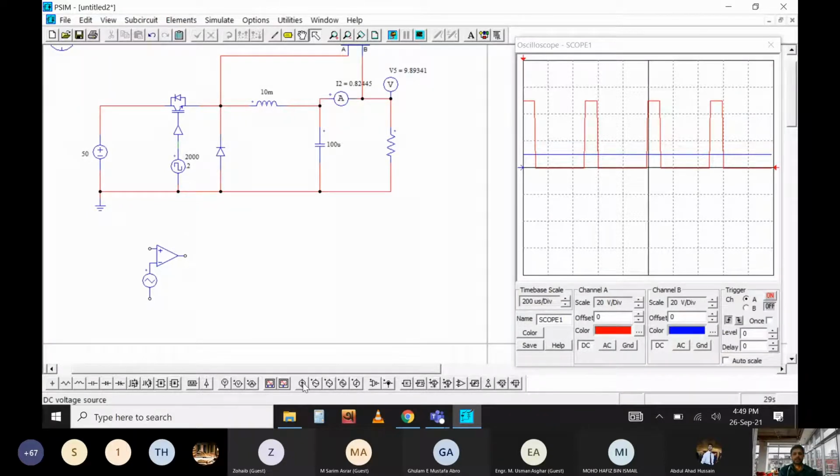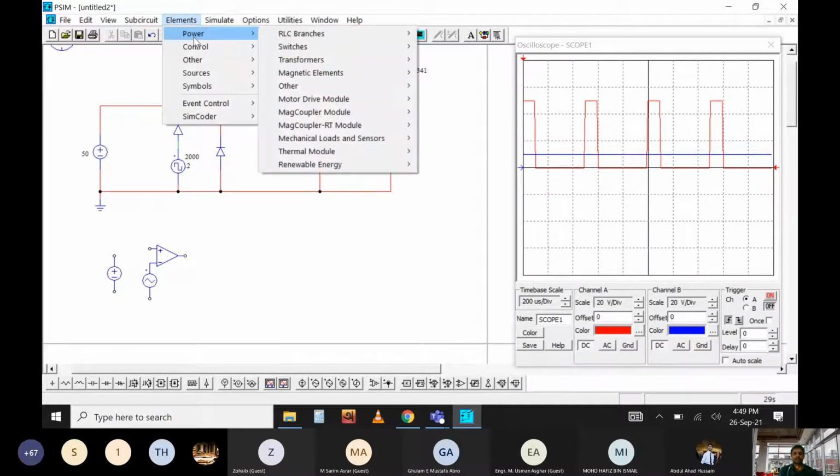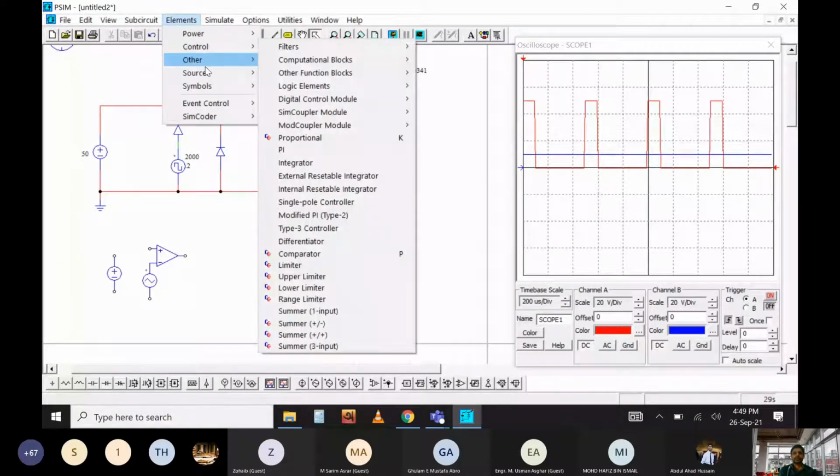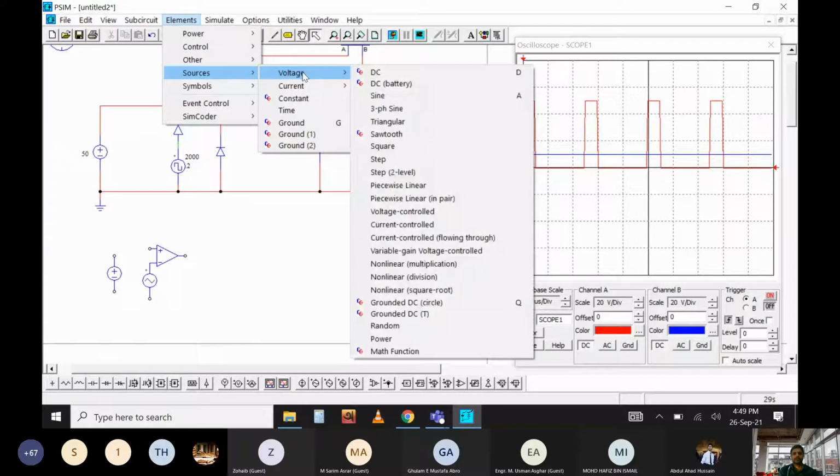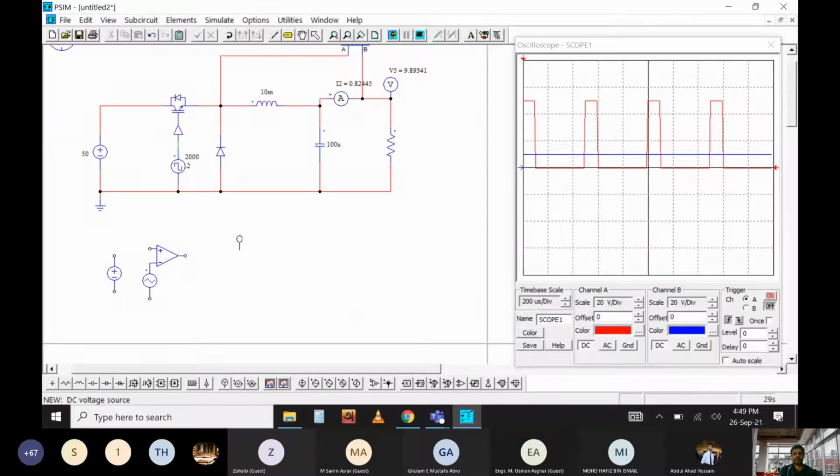Then you're going to need some reference value. You can simply put a DC source, or you can use some other elements that might become handy for you. You can go to the source, go to the voltage, and you can simply use the DC voltage like this one, or you can go down, and these two look much cleaner than the complete source, because it's simply a DC symbol. This is also a representation of the DC voltage source. You can also put it this way.